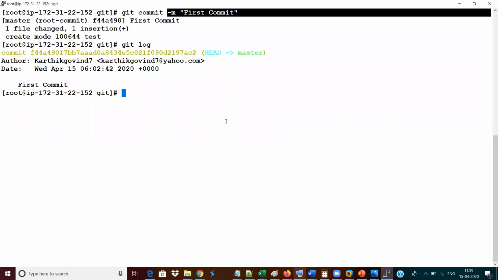How does add recognize the path? What path do you need it to recognize? You are standing on that same path only, you are executing the command, right? So it is on the path only. It needs only your file, so you are directly giving your Git. All your Git operations need to be appropriately placed from that particular path only. So it is all about the path on which you are already standing. So you need to stand on that path. Okay, that answers the question.